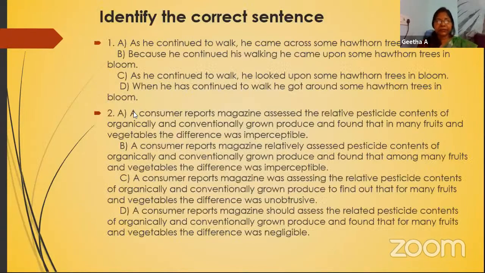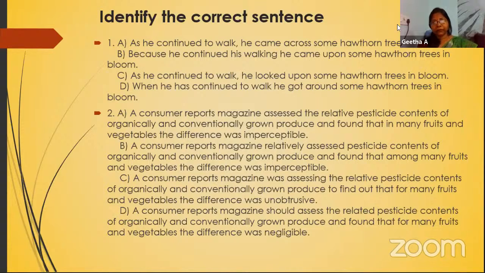So the right answer is the first one. As he continued to walk, he came across some hawthorn trees in bloom. This sentence is a grammatically right sentence. The last one also, when he has continued to walk, he got around some hawthorn trees, no, it doesn't work, right? So A is the right answer, right? So when you look the same way, when you read this